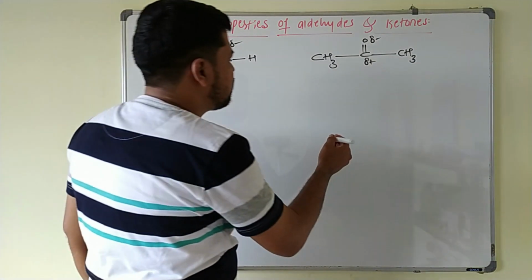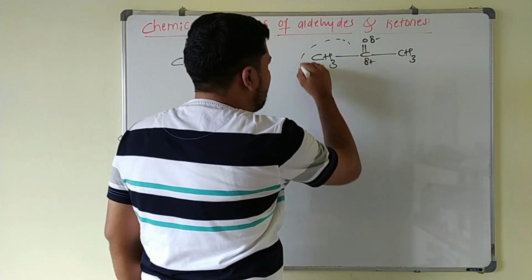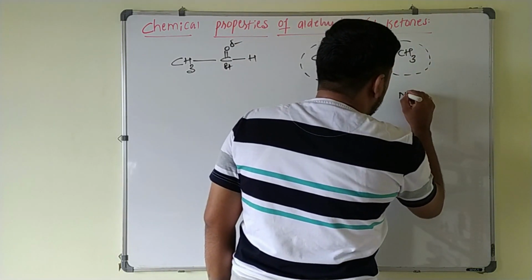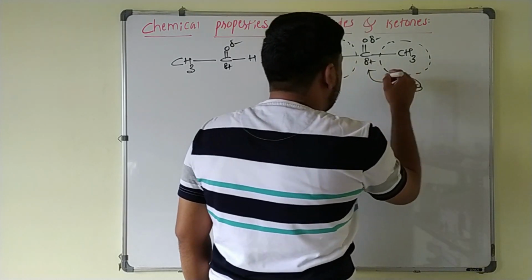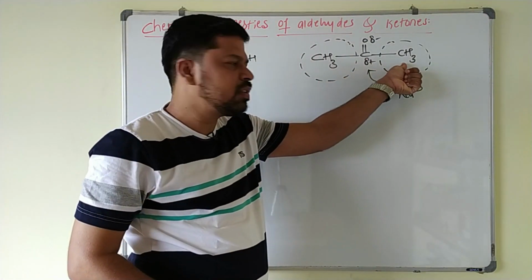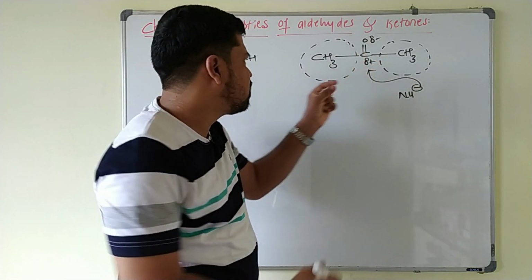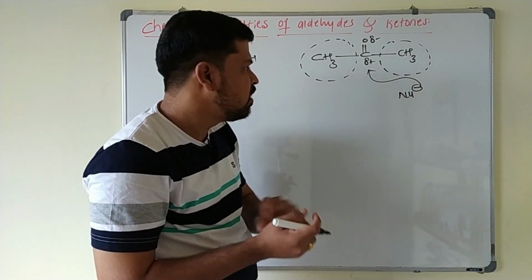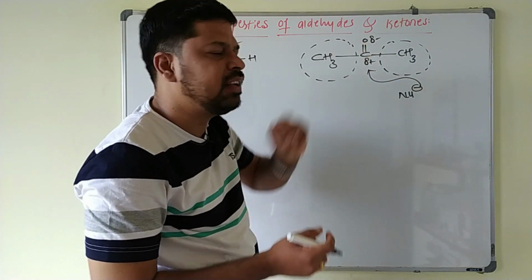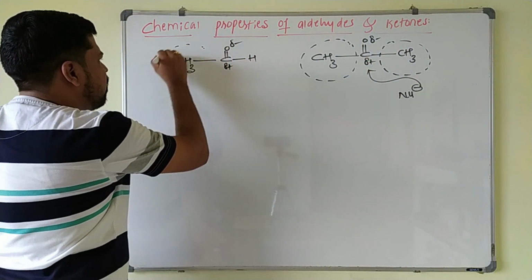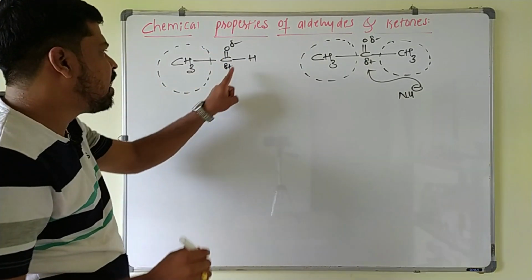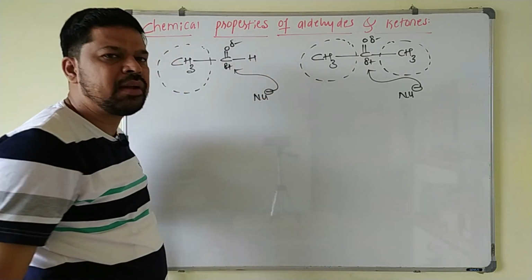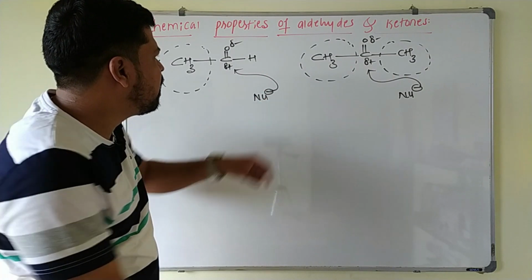Here in case of ketones, due to the presence of two larger alkyl groups which are connected to the carbonyl carbon, these two alkyl groups, they will sterically hinder the attack of the nucleophile. Due to presence of these two larger alkyl groups, the attack of nucleophile becomes difficult, because these alkyl groups, they will cover the carbonyl carbon, so that this nucleophile cannot easily attack this carbon here. That's why the reactivity of ketone again decreases. But in case of aldehydes, we can see here only one alkyl group is present on the carbonyl carbon, so that here nucleophile is having enough space to attack towards the carbonyl carbon. In this way also, aldehydes are more reactive than what?